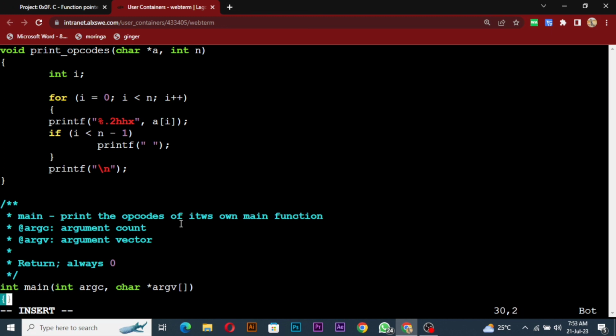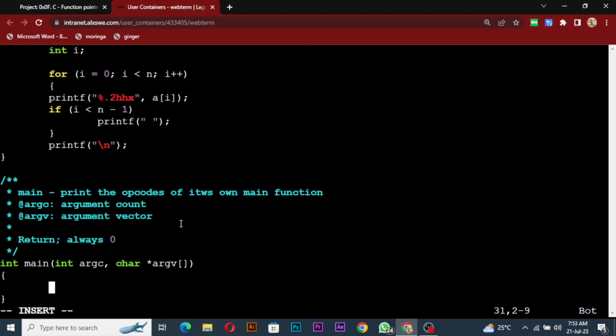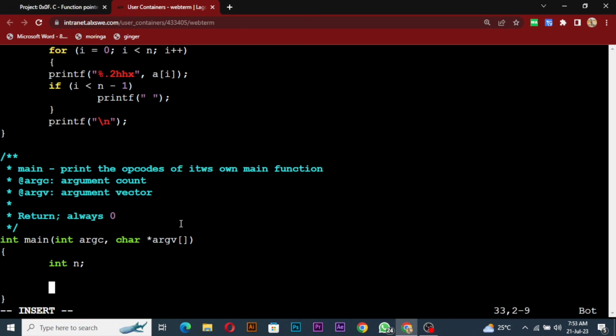So we'll have this, and then I would say int n. Okay, so if our argc, our argument count, is not equal to 2, right? Because it will start from 0. If it is not equal to 2,